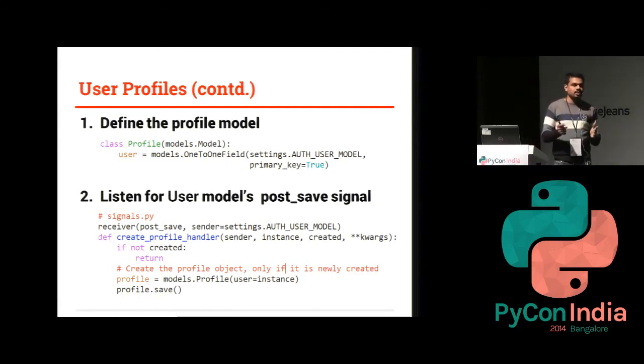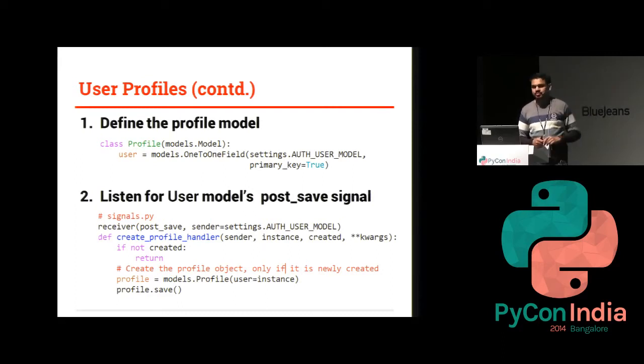So the easiest way to do this is using signals. So just handle the post save signal here. As you can see, that should be a decorator. As you can see, there is a created flag which is passed to that particular signal handler. So if it is not created, then obviously there should be something already there. But if it is being created, make sure that there is a profile model being created